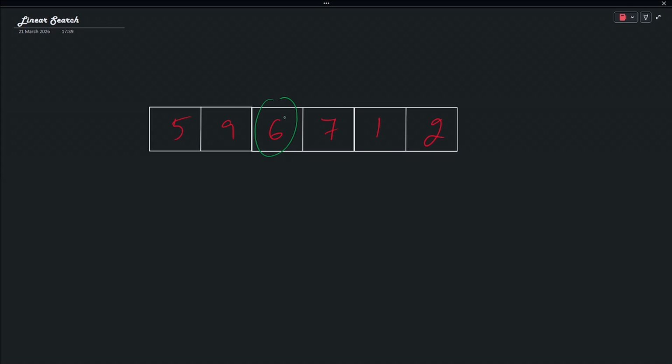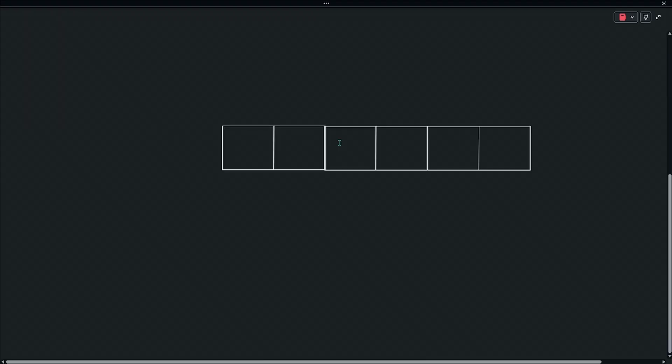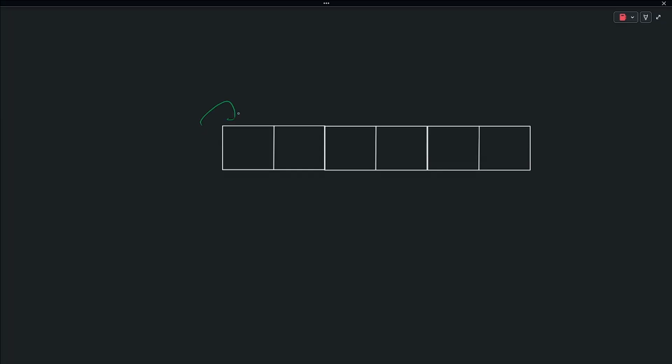We have optical vision, so we're just going to see something that looks like this, and then even out of something really huge, we'll be able to figure out where 6 exists. But for computers, it's different. It's like a closed box that computers have to open each time and see if the number that exists is what it is. So it has to open this box and it's 5, and then it has to close this